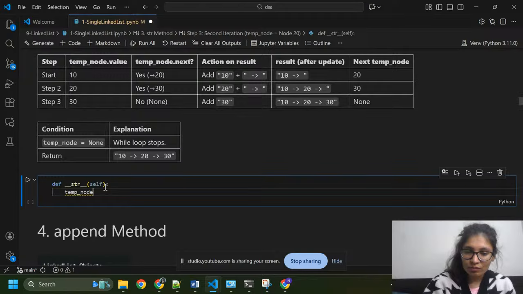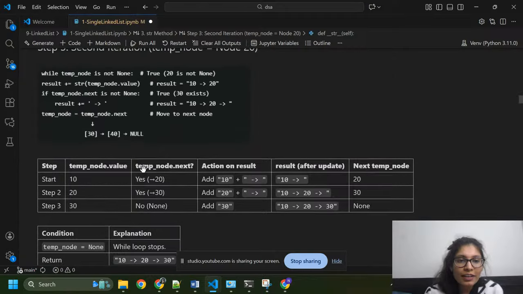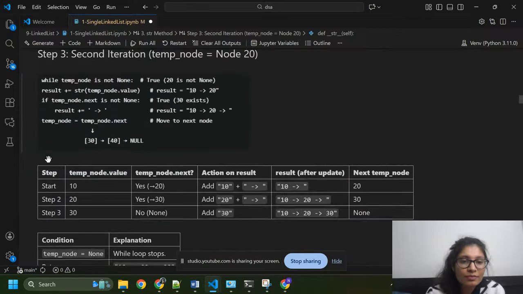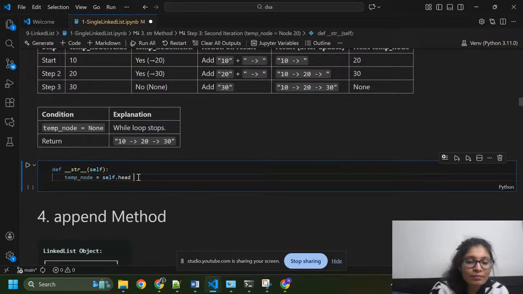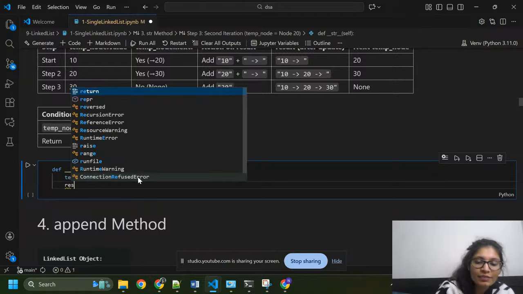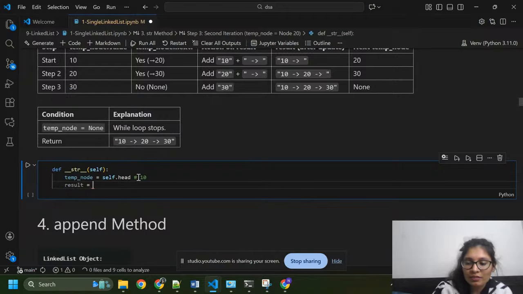Temp node equals self dot head. So what do we have in head? 10. So it will become 10. And initially we have result equals empty string.